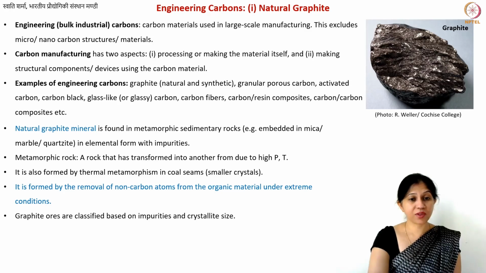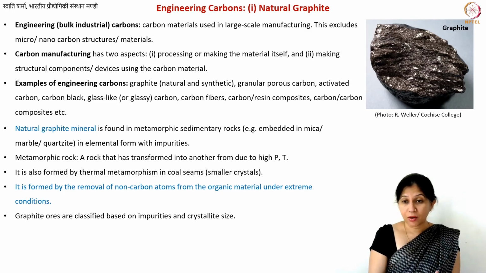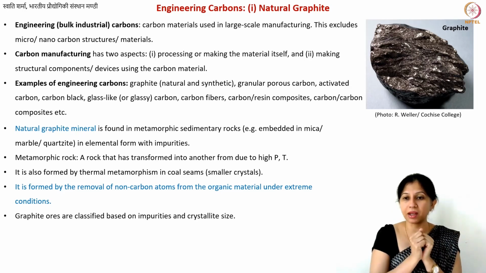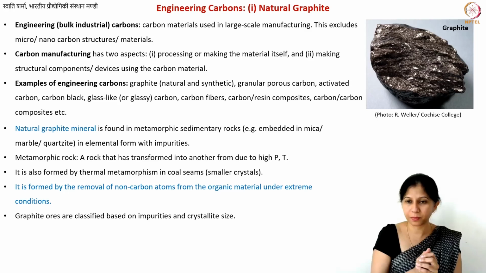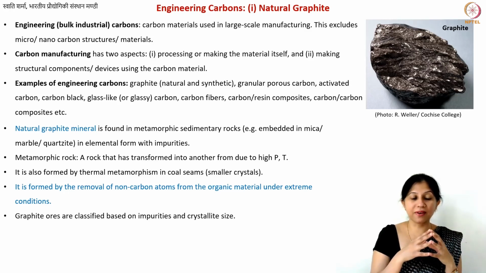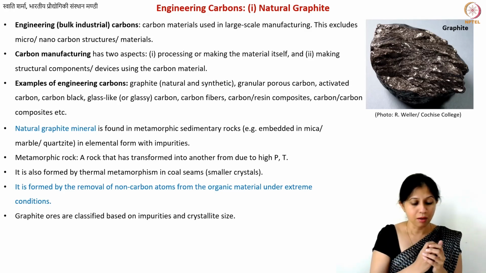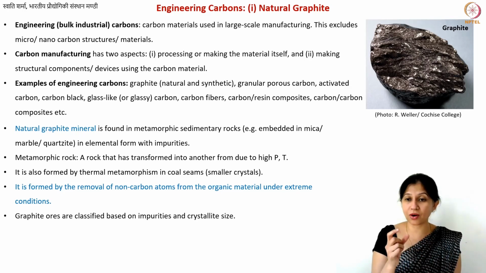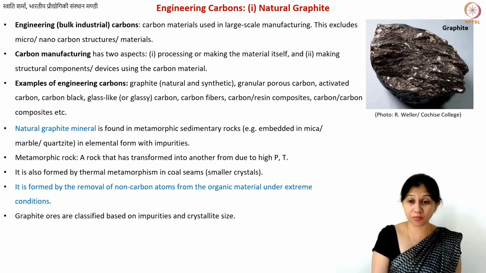Okay. So yeah, graphite ores. Now, what is an ore? When you just mine something, the first material that you get is known as the ore. Now graphite ores are classified based on two things. The more important one is the crystallite size. Typically, when you have larger crystallites or larger crystals of graphite in a certain ore, that obviously has more value, because the larger the crystal dimension, the better you will have the properties, as in single crystals.